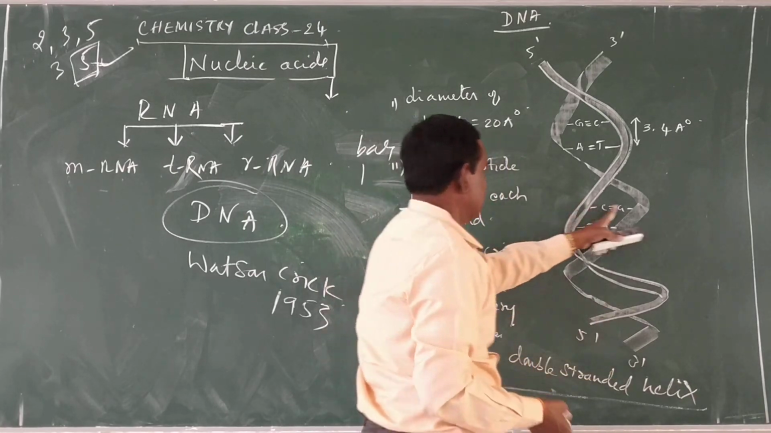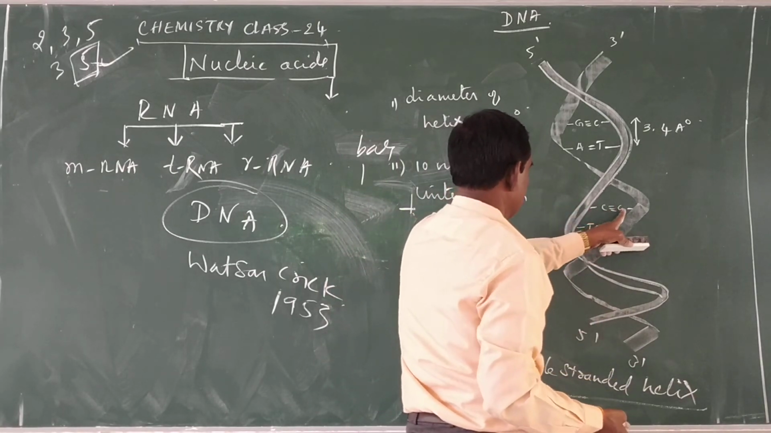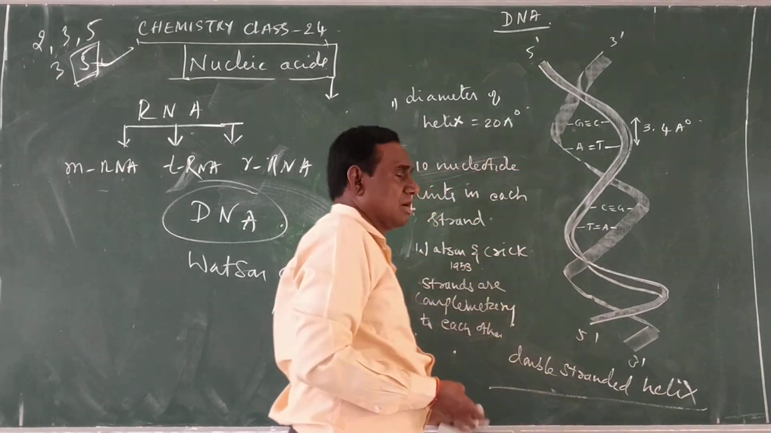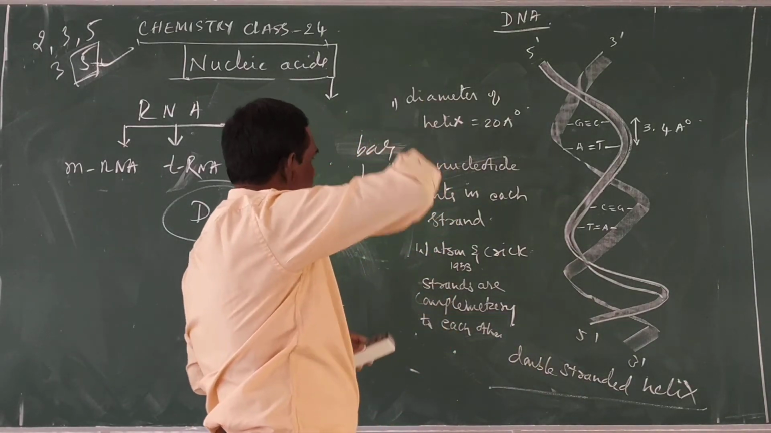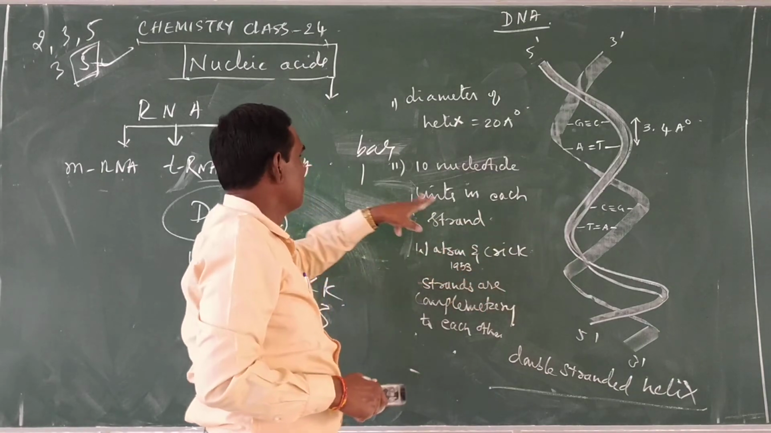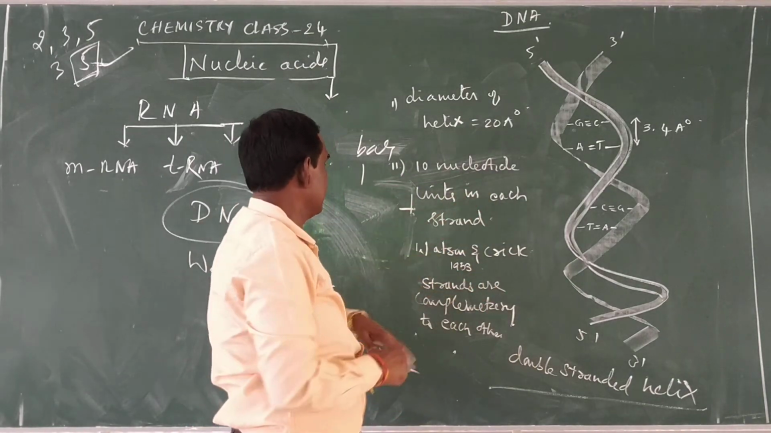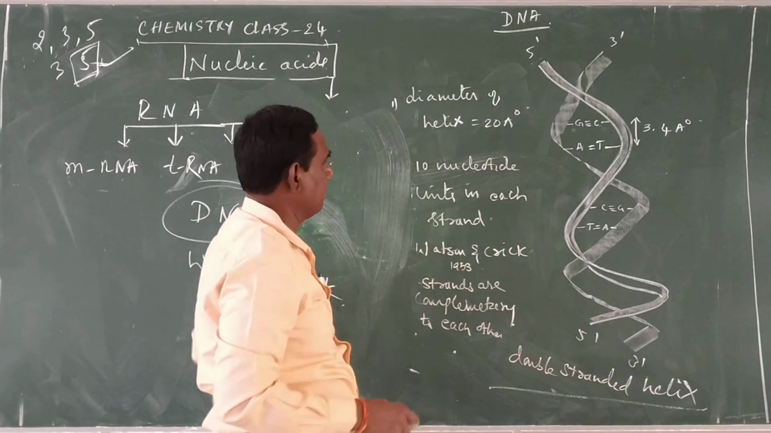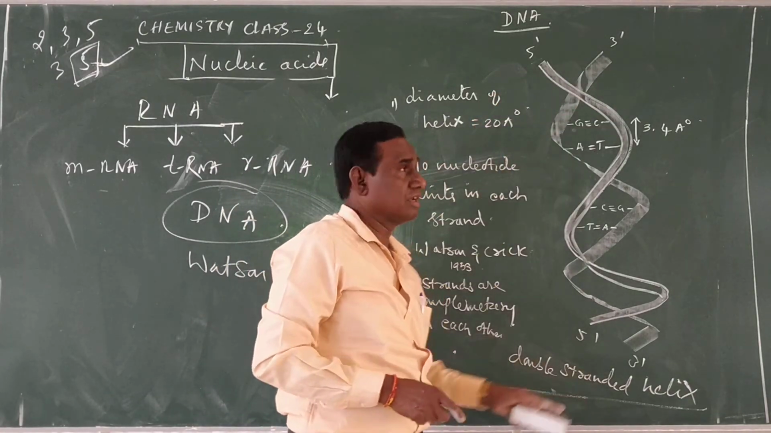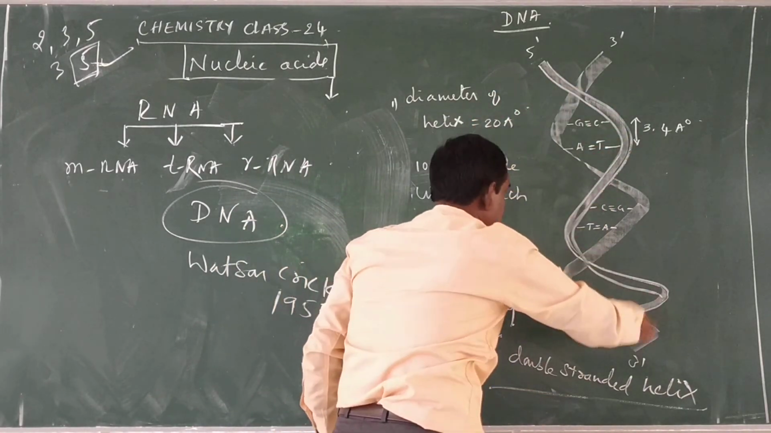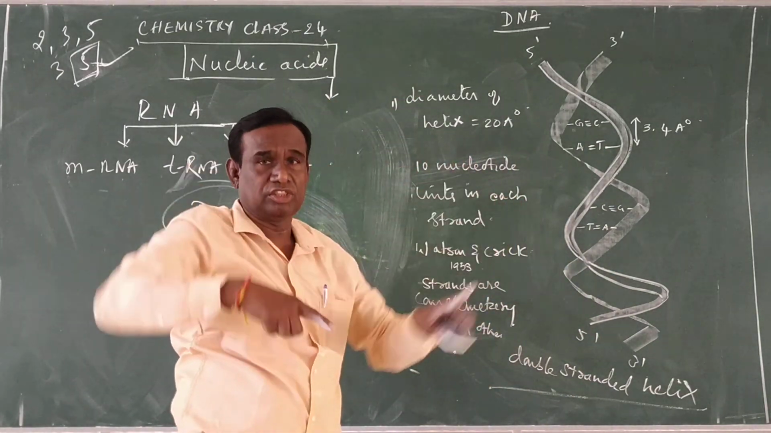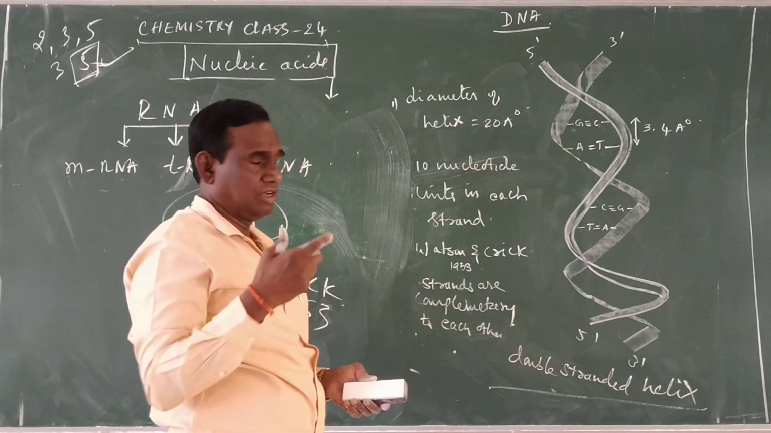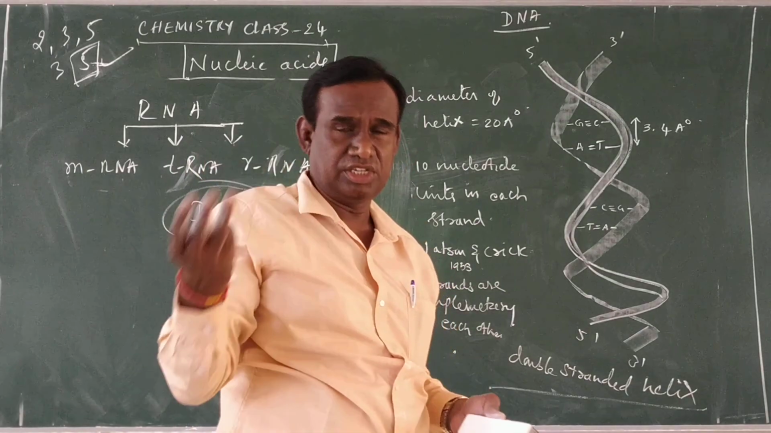Therefore, in between the C and G, three hydrogen bonds are indicated here. And in this helix, 10 nucleotide units in each strand are present generally. So each nucleotide unit, this is one nucleotide unit, this is another nucleotide unit. These two nucleotide units are held together with base pairs with three hydrogen bonds between G and C, that is guanine